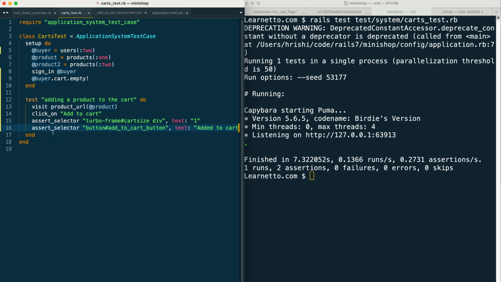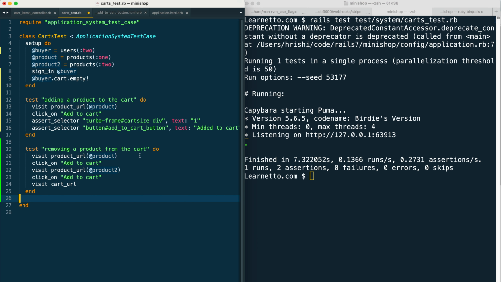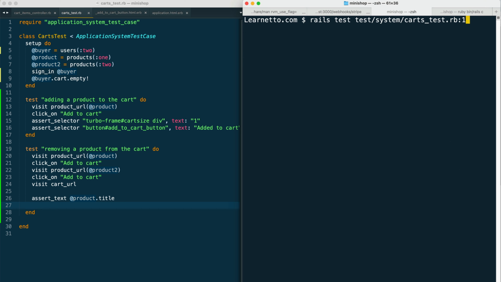Next, let's test removing a product from the cart. So I'm just going to quickly paste in the setup here. So here we're saying visit product URL product, click on add to cart. So you add one product and then visit another product, product 2, add that to the cart, and then visit cart URL. Then we're going to make an assertion to check for the presence of the first product's title on the cart page. So we can simply say assert underscore text product.title. And then if we run just this test on line 19,